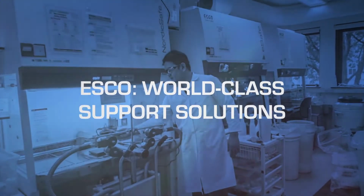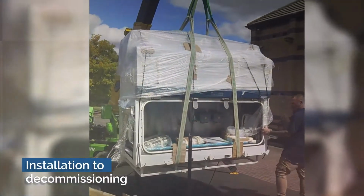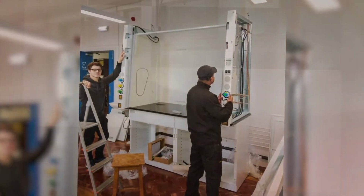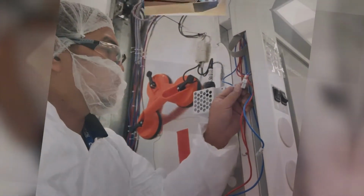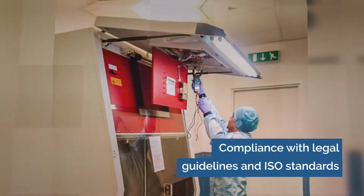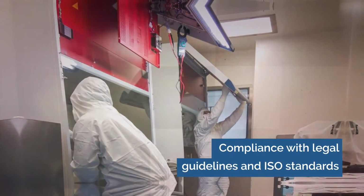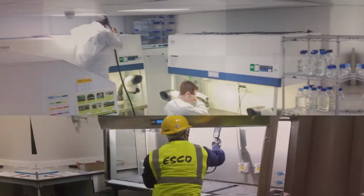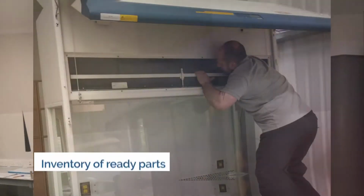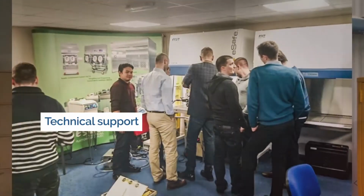Esco provides a one-stop solution from installation to decommissioning of your equipment. With a strong global network of field service engineers, we take professional pride in ensuring compliance with legal guidelines and ISO standards. We provide comprehensive and reliable services to our clients that include a dependable inventory of ready parts, technical